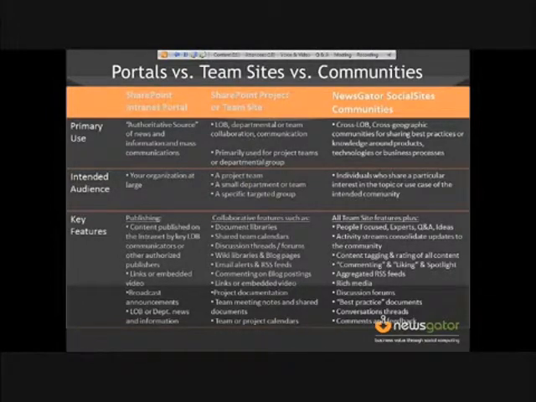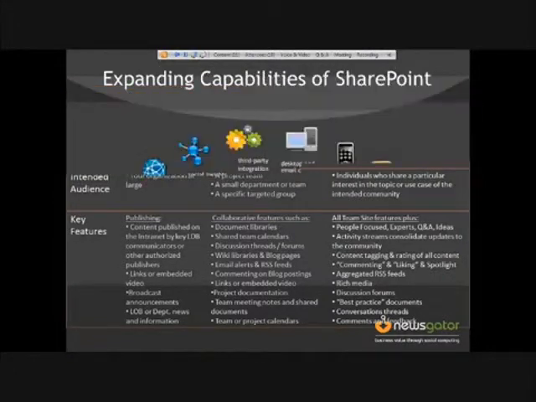It's about the activity stream as the central place to aggregate that information and to interact with it and collaborate. Content tagging and rating and liking and commenting and all the social features we're used to in the public web. It includes all that as well. So helping at least the folks who understand SharePoint and the portal and team site concept understand what this community is all about is pretty key in helping them to understand how these capabilities can help them.